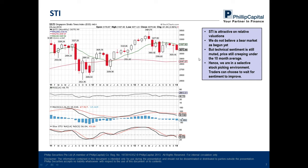At the same time, the monthly MACD had crossed back in January, August, but more sensitive, looking at the black line itself, which is the MACD line, I will say that before you can have a meaningful reversal, if you're looking for the upside, at the very least you should wait for the black line to turn up. And we haven't had that yet. So because we haven't had that yet, I'll say we don't have any clear signals for going long at this point in time. So now, we want to reiterate that we don't believe a bear market has actually begun